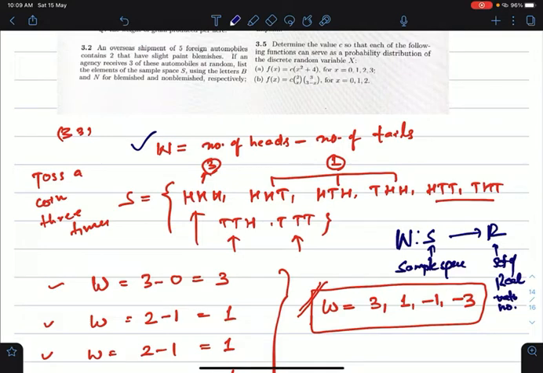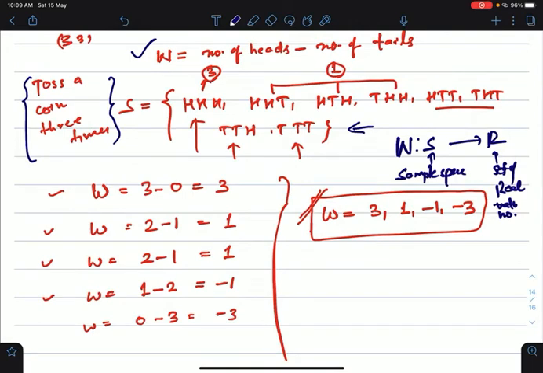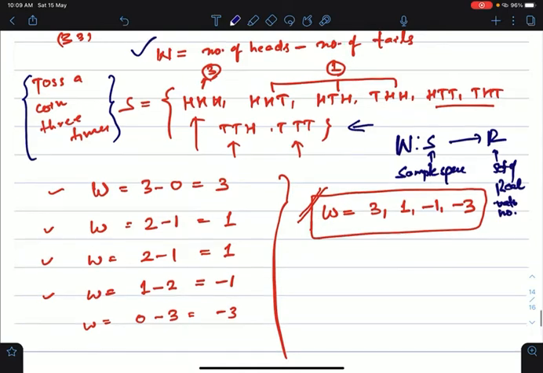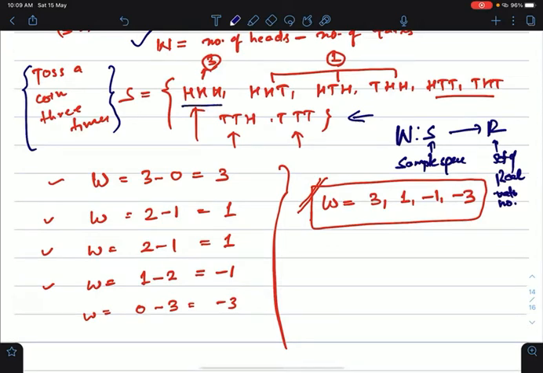of tails. So I'll have to write the sample space first for the toss of a coin 3 times. These are the possible outcomes, right? Now let's see what possible values W can take, as W is a real-valued function. So we will assign a real value corresponding to each outcome of the sample space. If I consider the first possibility, which is 3 heads, so 3 minus 0 tails, W can take value 3, right? If I move to the next 3 outcomes of the sample space,